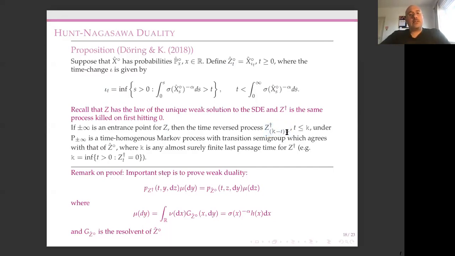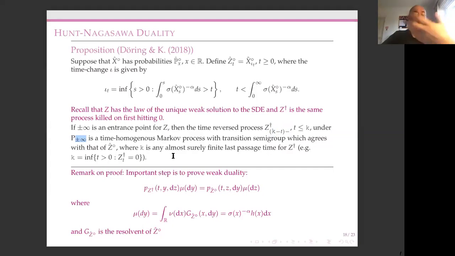And here I've just got a little minus sign because I need to make paths càdlàg again. Going forward, I have càdlàg; when I reverse them, they're not càdlàg anymore, but if I put a little minus sign, that deals with that. Okay, so if I time reverse my solution to my SDE, killed on hitting the origin, up to some last exit time, like the time when I first hit the origin, and I do that with z starting from plus minus infinity,